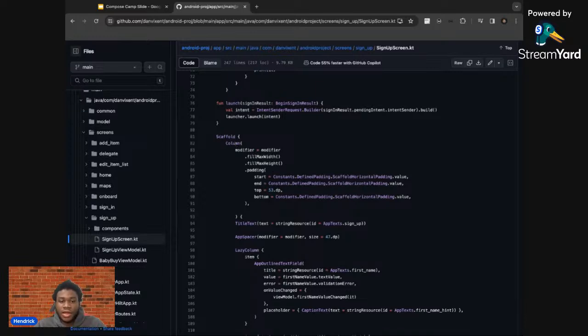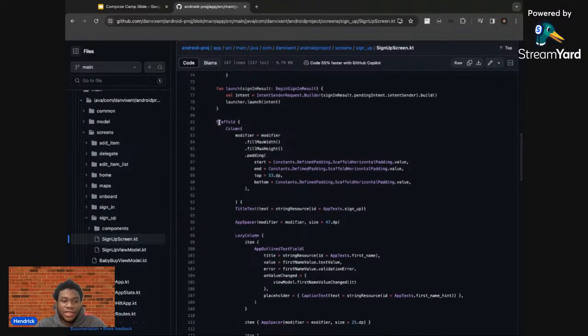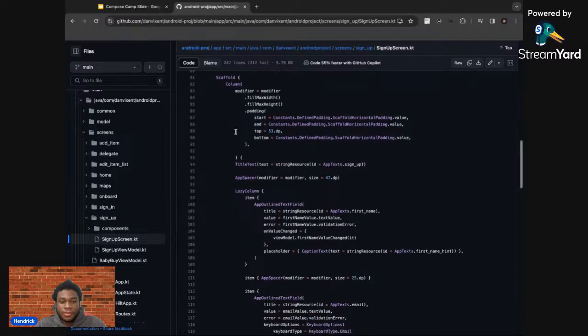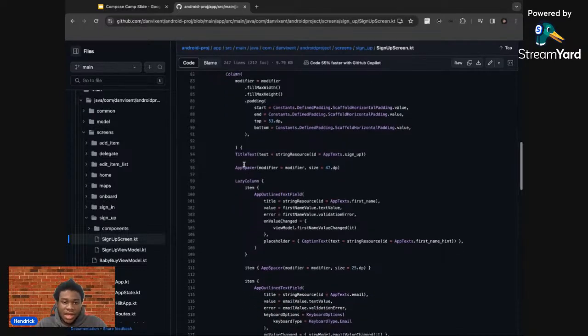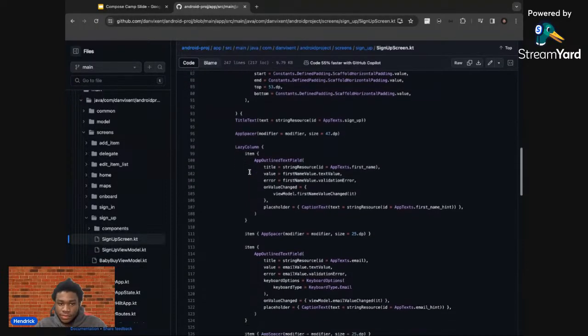One thing we'll be doing in the Compose Camp is going through Kotlin for beginners, for people who don't have prior knowledge of the Kotlin language. So we have the scaffold, the column, the title text. This is an app defined composable, the app spacer, an app defined composable.